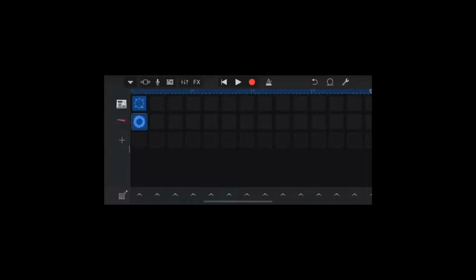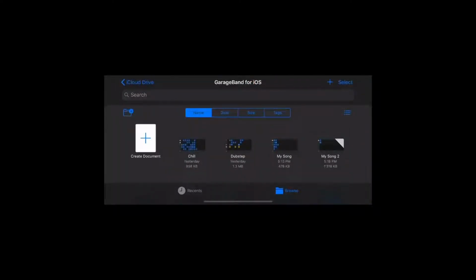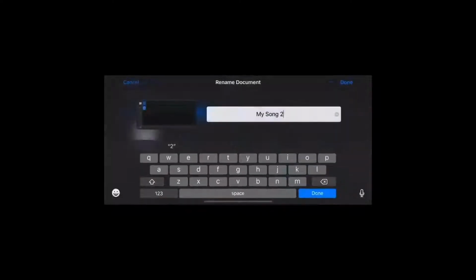Alright, now that we have the song recorded, even though this is only a 4 measure one, you just want to exit out and go to My Songs up in the top left corner. Then you're going to click and hold on it and then let go, and then you can rename it whatever you want. This is going to be the name of your ringtone that appears. I'm just going to name it